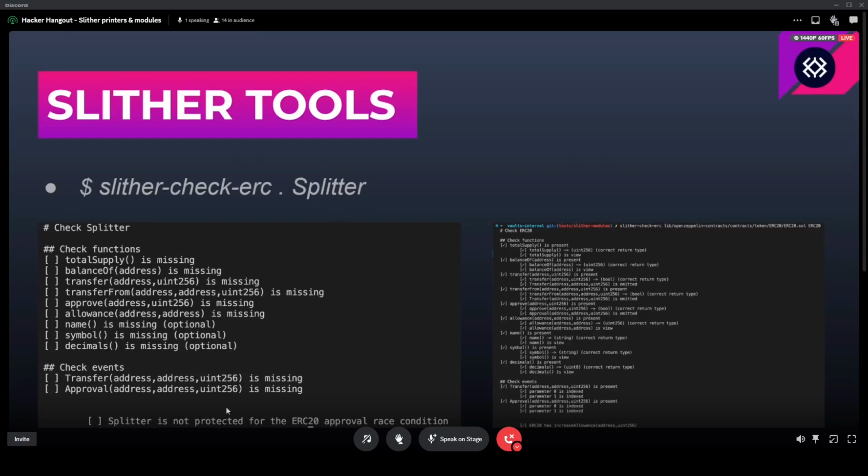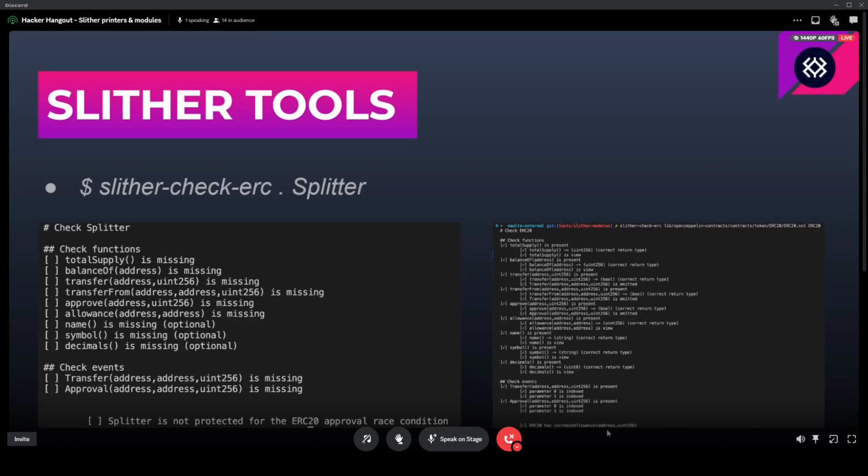So a lot of things here, or everything missing. But I ran it against the ERC20.sol of OpenZeppelin, and as you can see, you have all these check marks, basically things to check whether or not you are ERC compliant, right? Yes, okay, total supply is present, is a view function, events are emitted, right? These sort of things, and it even has these extras beyond the ERC20 standard, but they are good practices,